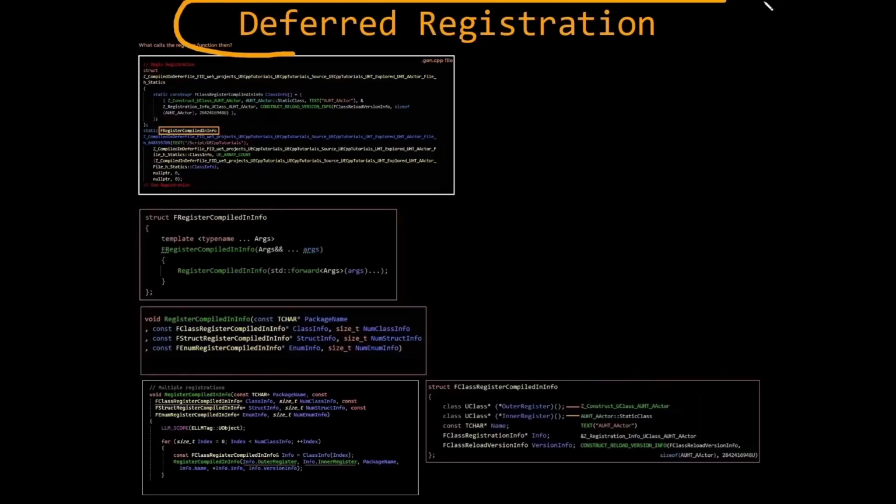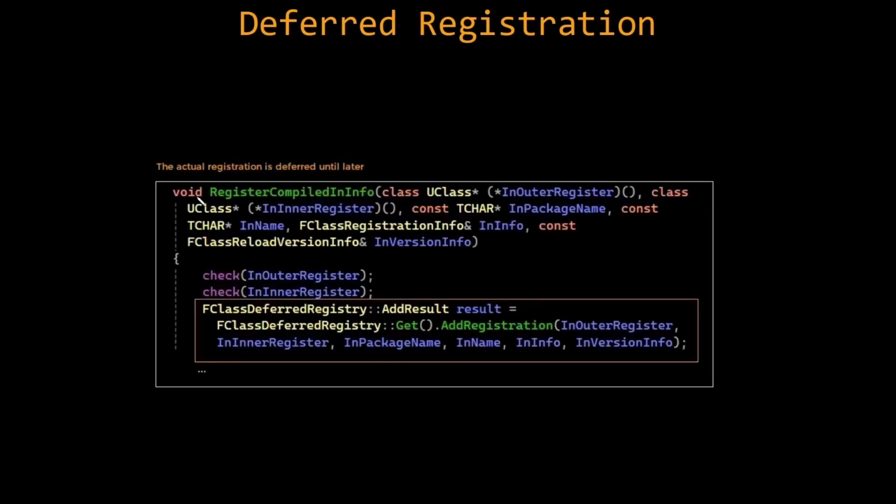And so there is a deferred register. And so registration of the reflection data is deferred. It seems to be called at a later point in engine startup. So while it sets up all this static data, it's not used until later, it seems. And so if we trace through this, we go to what I was showing before, this compiled in info, variadic arguments, where we have the classes, structs, and enums defined. It does register here. It's register compiled in info, and ultimately this is going to call this thing, which gets a deferred class registry, and it adds a registration to it. And so